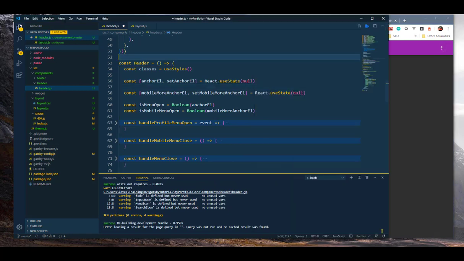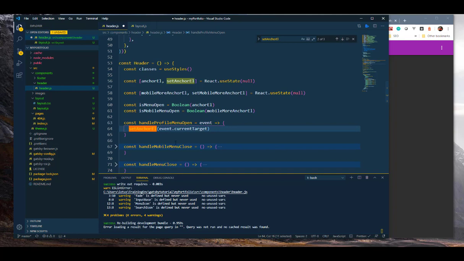So it sets up the position that it opens from, so that it can close back to the same position. I believe that this one we are using for the handle profile menu open and handle